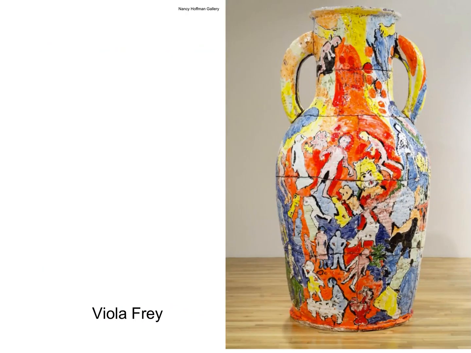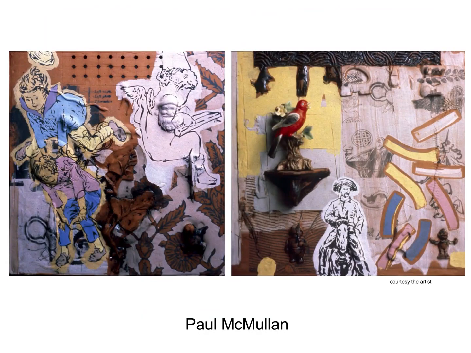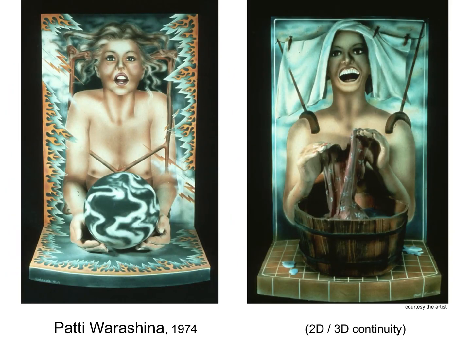the permanency of the image, and how an amphora form made at a very, very large scale, this is way bigger than a human being, and then covered with images of bodies in various relationships, with the tremendously dynamic use of colors and images in the work of Viola Fry. Again here in the work of Amanda Church, working on the very familiar format of bathroom tiles, Paul Macmillan, another ceramic maker, working with all of those issues in his work, and the